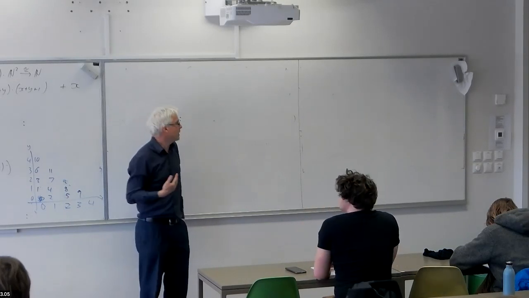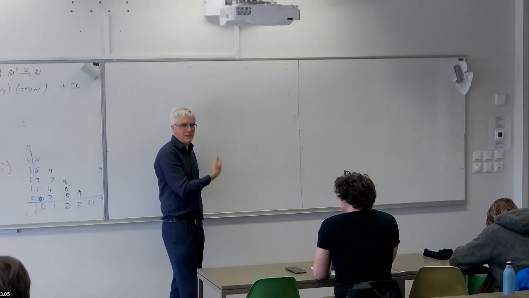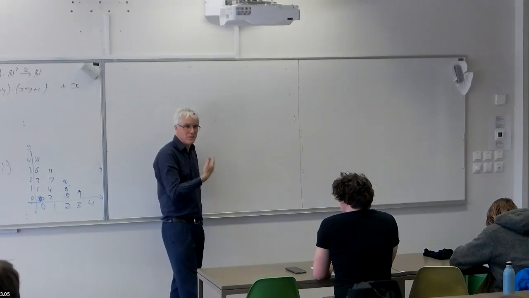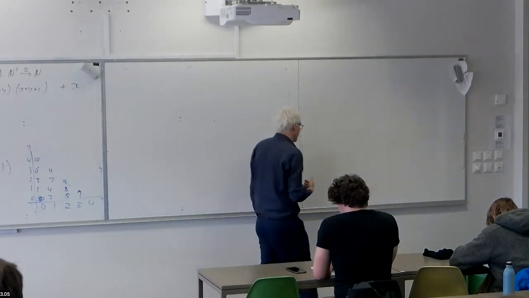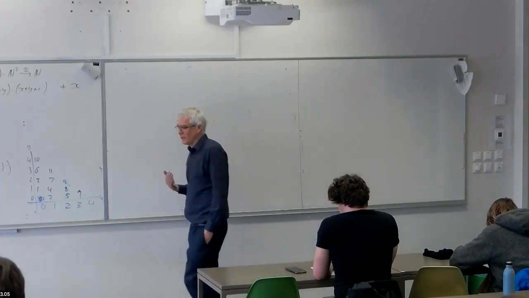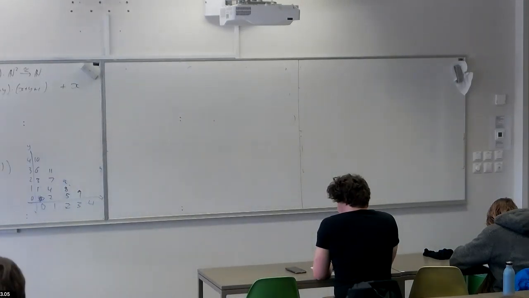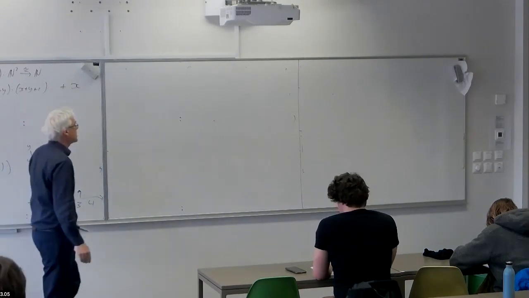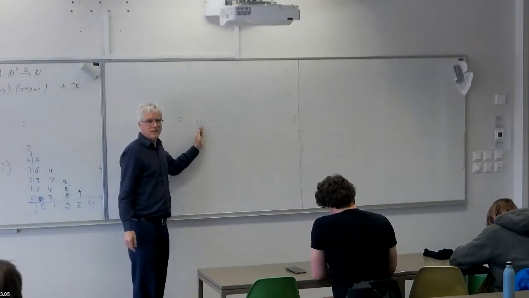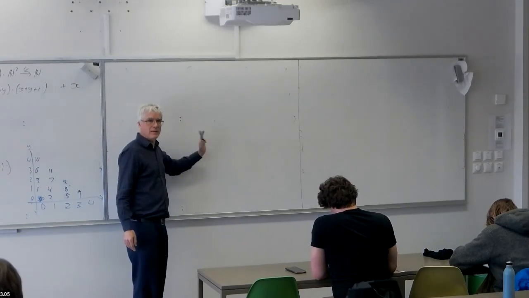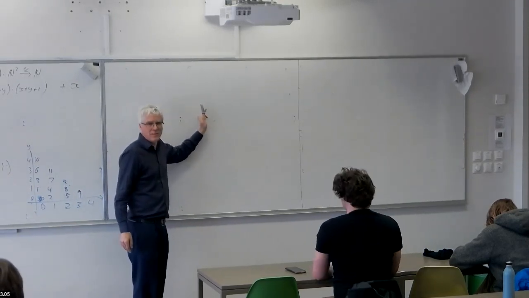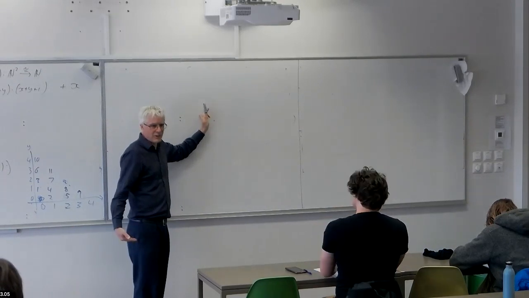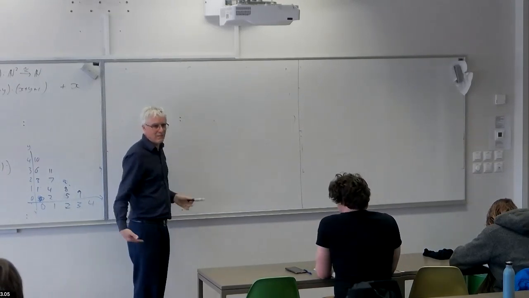So we need to be able to encode sequences in order, as it's going to turn out, to show that we can represent exponentiation. We don't have exponentiation available until we've done this. So we need to find a way of encoding finite sequences of natural numbers without using exponentiation. And to do that, we're going to prove a lemma that says we can do it. One clever thing is identifying exactly the right lemma, but the main clever thing is how you prove this lemma.